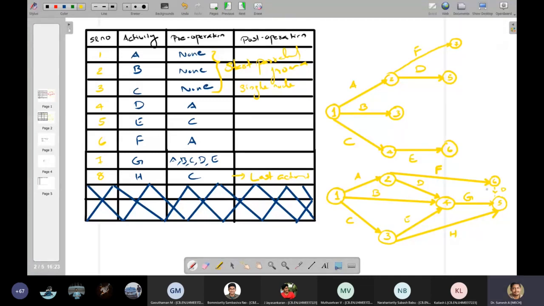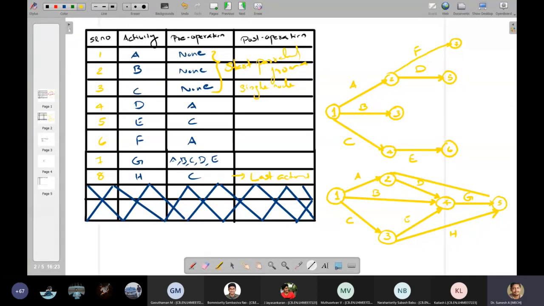That is, I don't need to draw it like this. I can keep things like this. So that is basically node F. Now these are all open nodes.